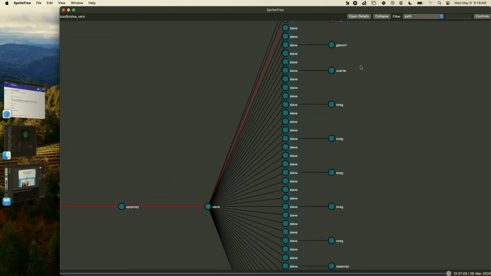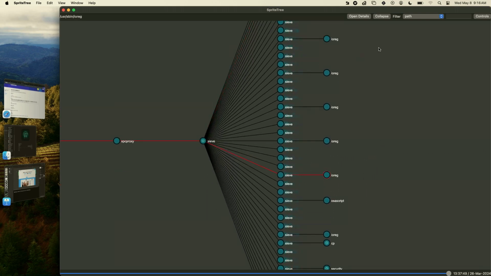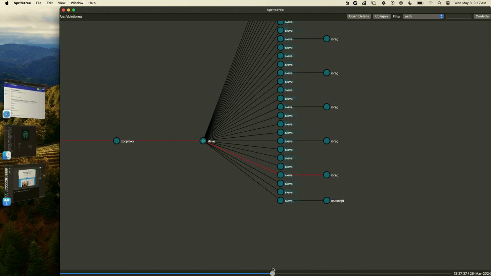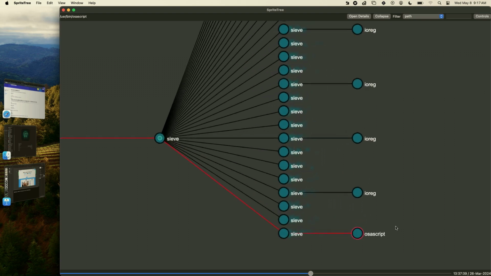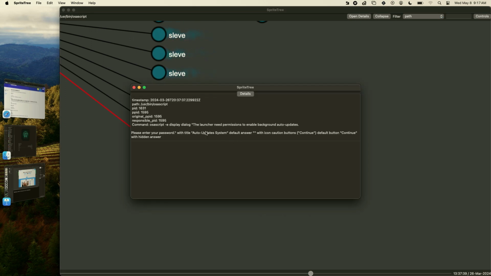So over here we can see a bunch of commands that were executed. Pretty interesting. If we look at them, it's a lot of recon. We can slide the timeline and see what happens. I hit this spot right here where the malware sort of hangs for a second and nothing else happens, right? So I can stop there and ask, okay, what is this? It's OSA script. That is AppleScript, a language used kind of as a macro, right? If I look at that, I can see that basically the malware is prompting the user